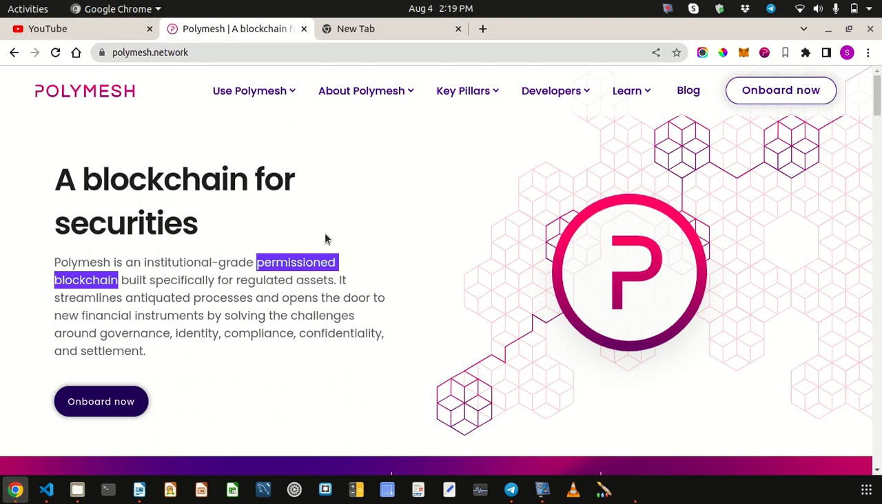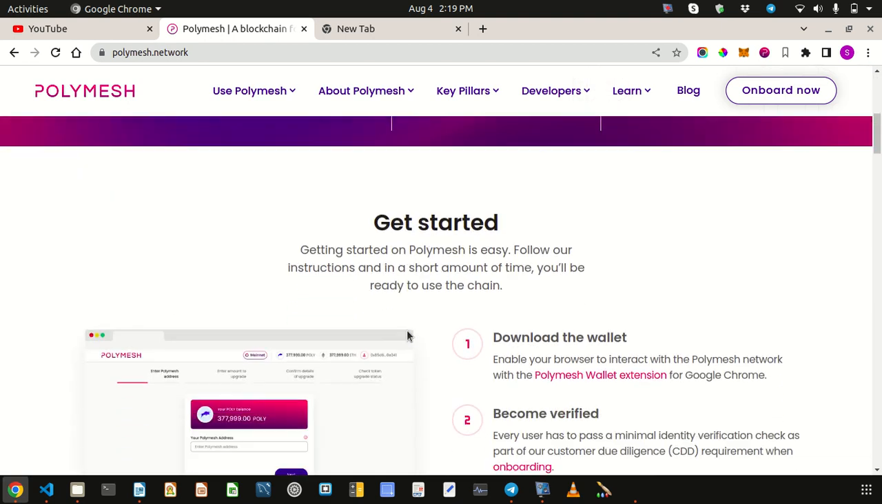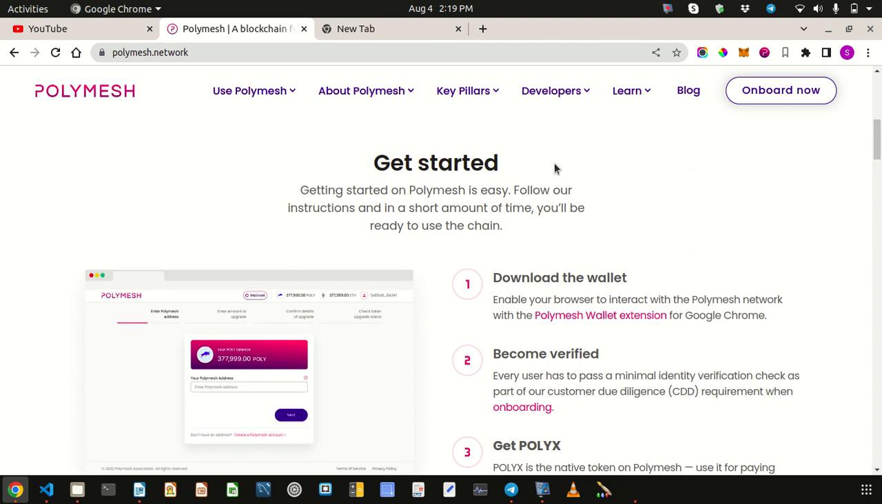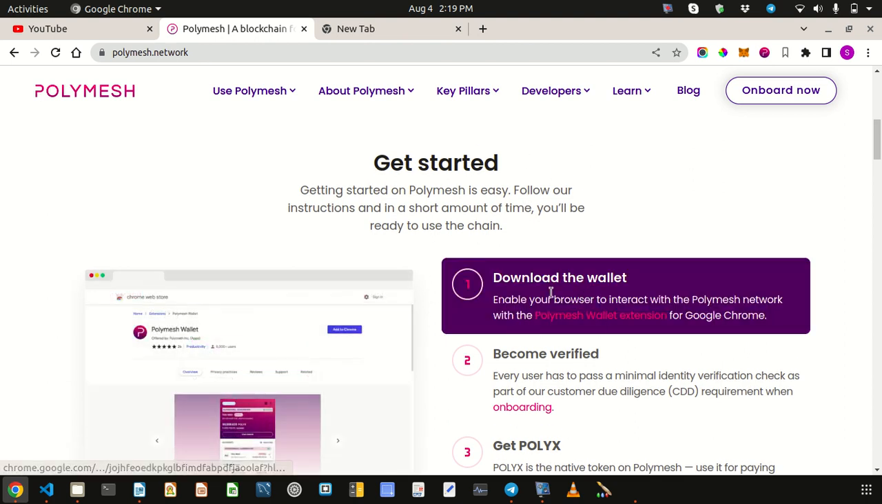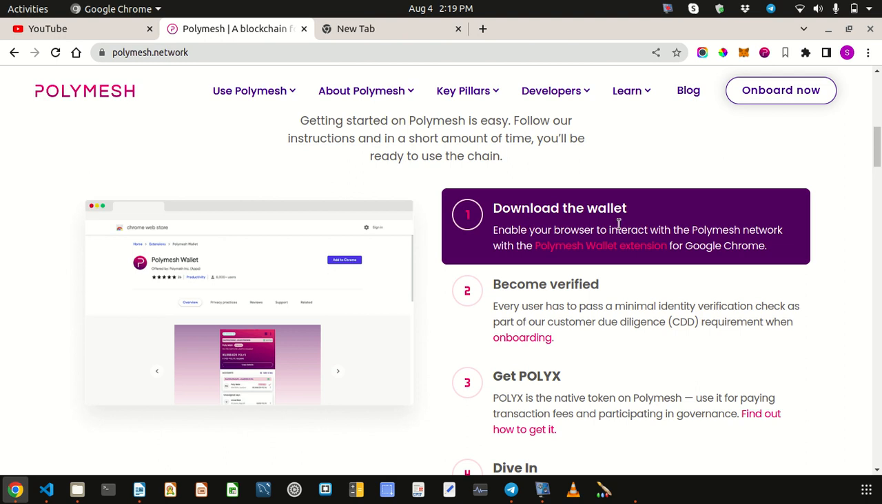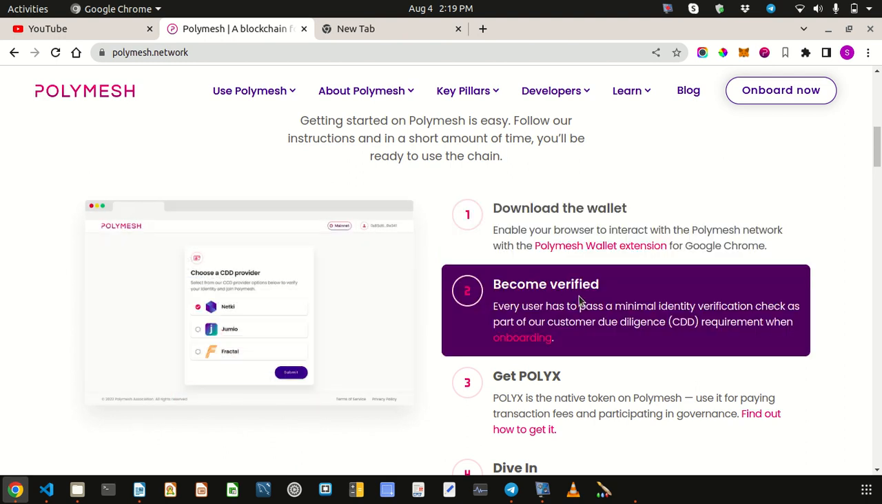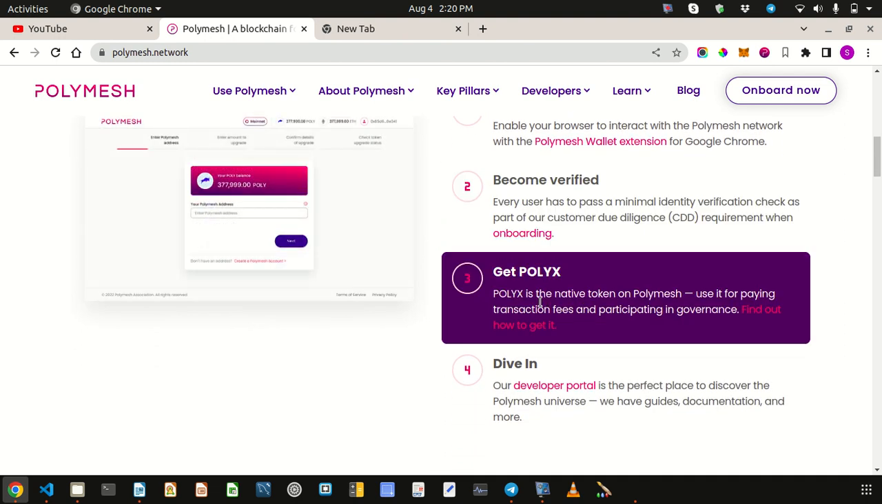And if we scroll down this page, you can see that there is a getting started section. There are steps, for example, download the wallets, which we will do a little bit later. Become verified. As I said, it's a permissioned blockchain, so that means that if you are setting up your account, you have to be verified. So I will show you how to get verified on the testnet, and then you have to get the